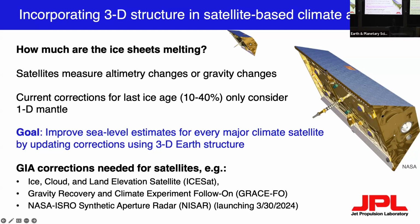And one issue is that with the current corrections for the last ice age, you have to correct for what the mass deformation is occurring because of the last deglaciation, which is a big contribution. This is 10 to 40% of the signal. And those corrections are based on 1D Earth structure models. So there's pretty serious room for improvement in these corrections. And this is going to really update our sea level estimates for every major climate satellite using this 3D Earth